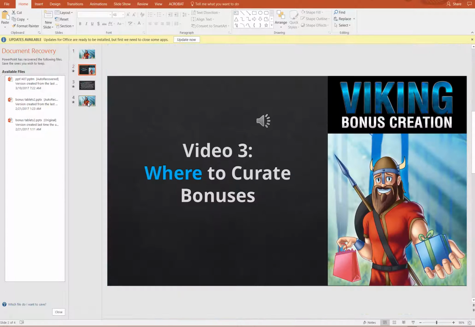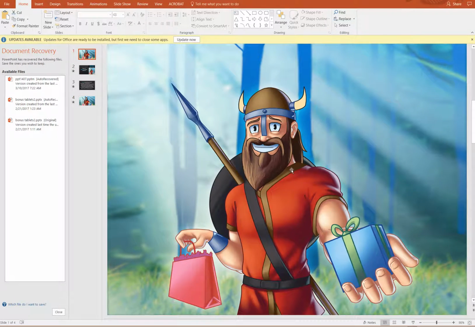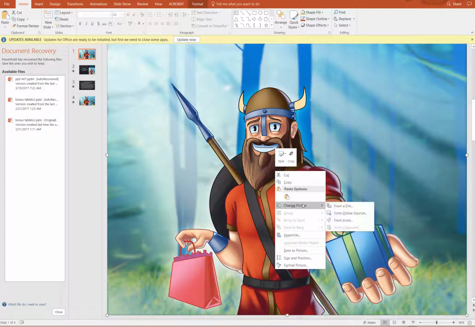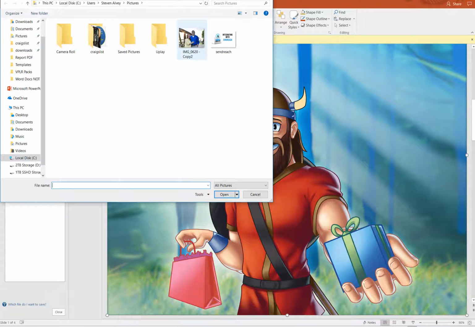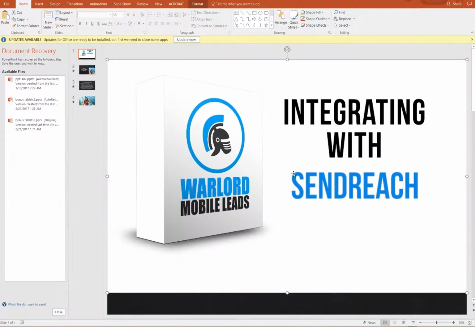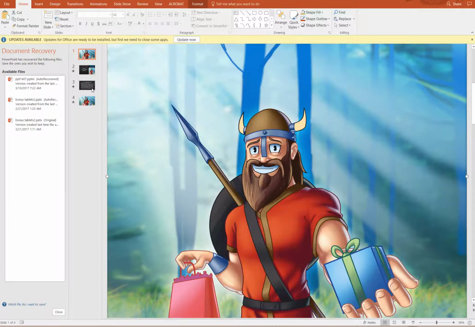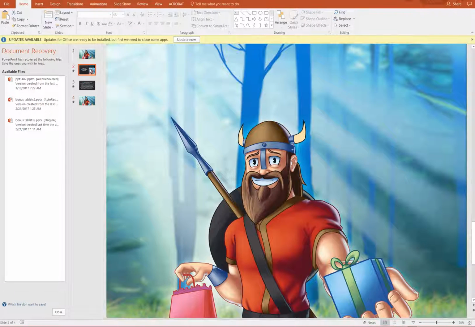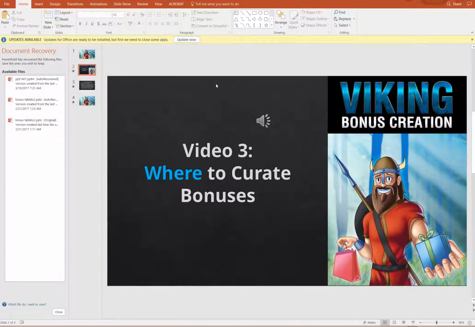There's 3 Viking images in each slide presentation, and what you'll do is you'll right click, you'll come over here to change picture, choose from a file, and I'll just grab a random image here. Easy as that. You would do the same thing here and here, and if you did want to change the voiceover, all you'd have to do is you would actually have to delete this